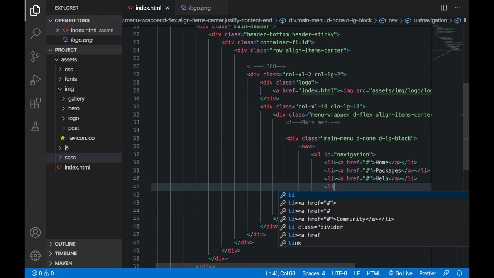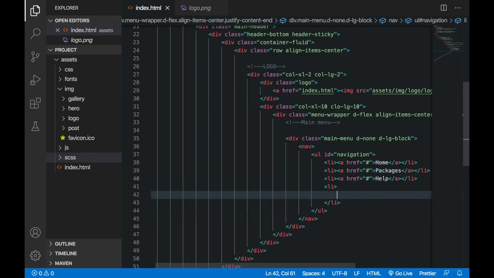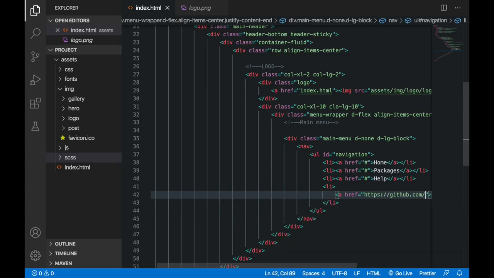So here I will write another list item, and after this list item I'm going to make another list item inside of this. But before that I am going to write this anchor tag, and inside this anchor tag I have to again specify the href, and href is going to be just a hash, or this pound symbol, because it's just a dummy link. After this I'm going to write here blog, like this blog,